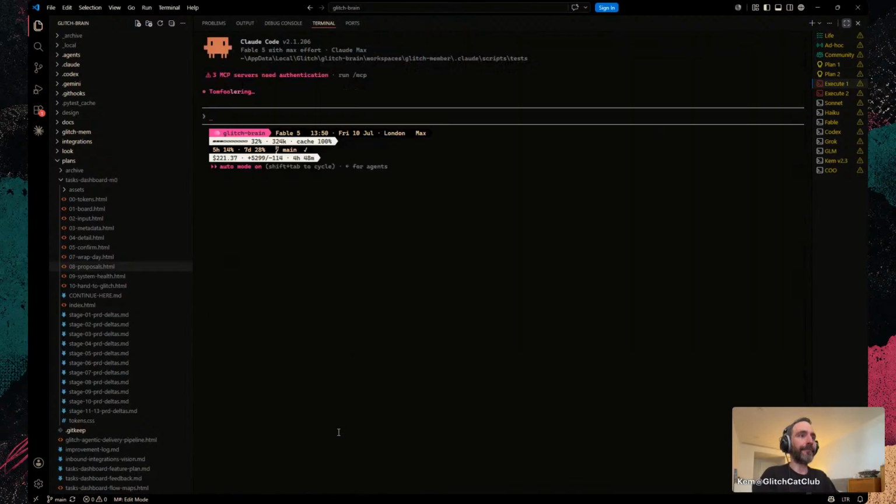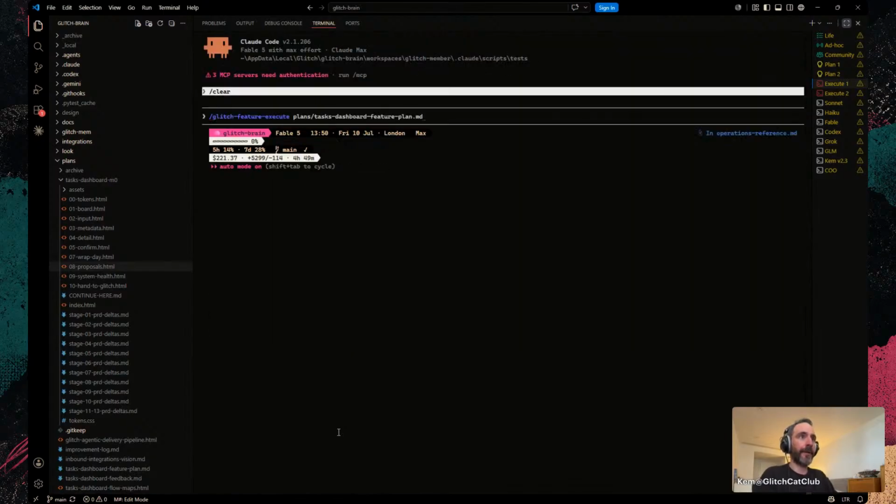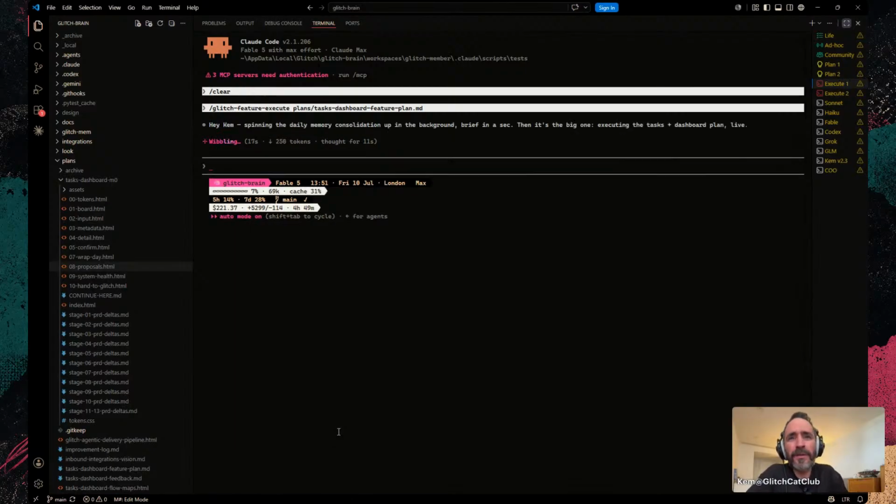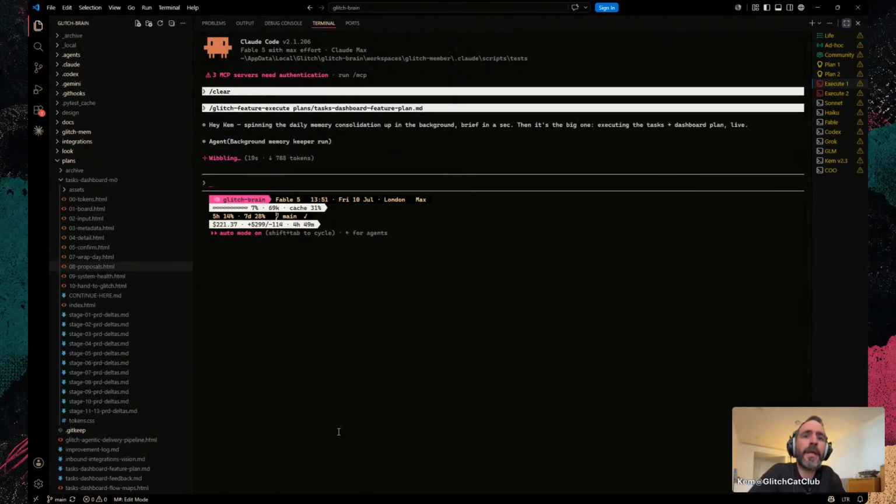Clear. I'm gonna paste that command. Go, and that's it. And that's kind of how I'll continue all the way through this development until it's done. Obviously, we haven't had any issues yet. I think we might get some here because, like I said, this is really difficult. But I feel like I've managed a lot of the edge, but there's always nuance. There could be runtime issues. They could be